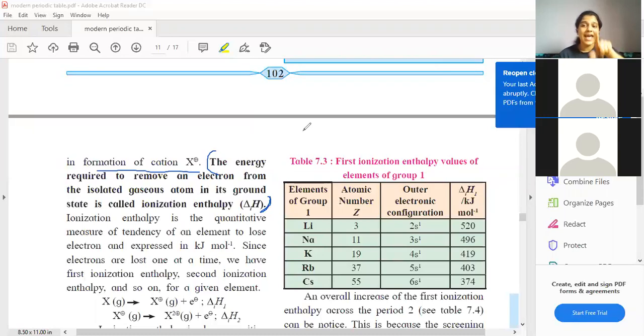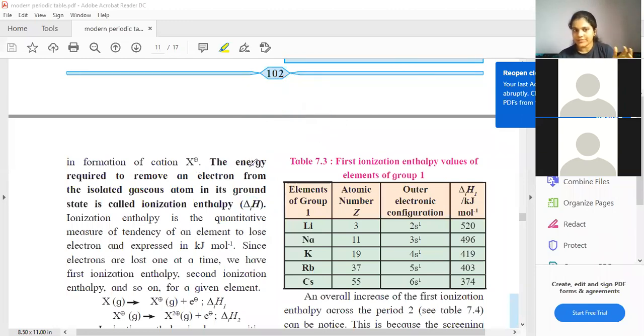Students, as I said, enthalpy is usually represented like this: delta H, meaning change in enthalpy. But here we are discussing ionization enthalpy, so how to identify it? You can see the symbol over here. There is a small subscript I written, and that I is indicating ionization. So don't write simply delta H, because we are also going to discuss other enthalpies like electron gain and everything. You'll have to write the symbol properly, and for ionization, I have to mention the I.